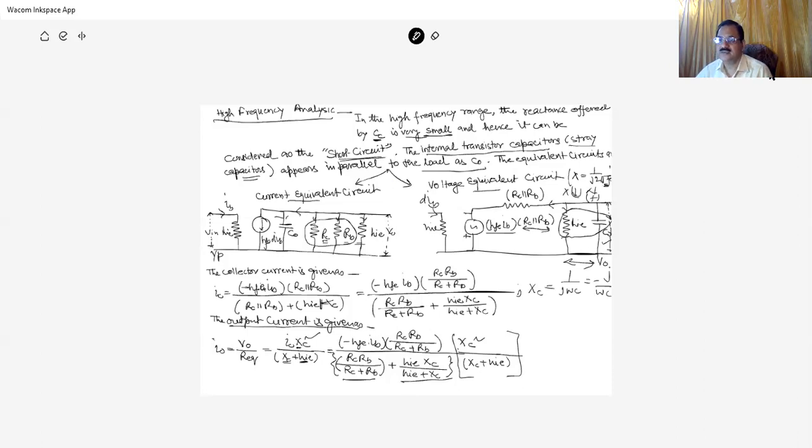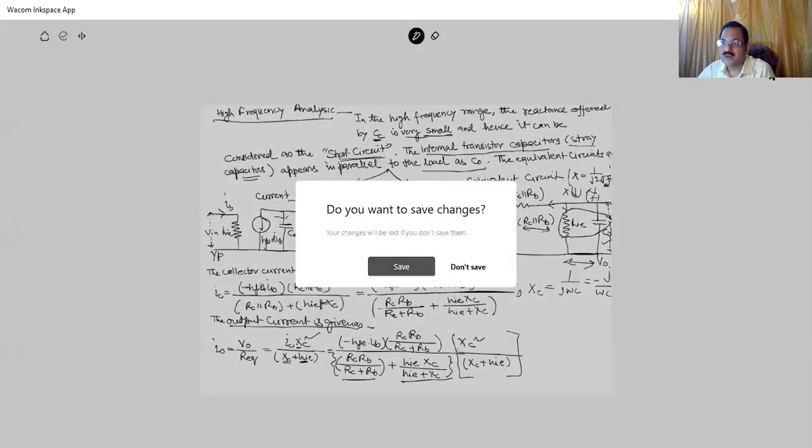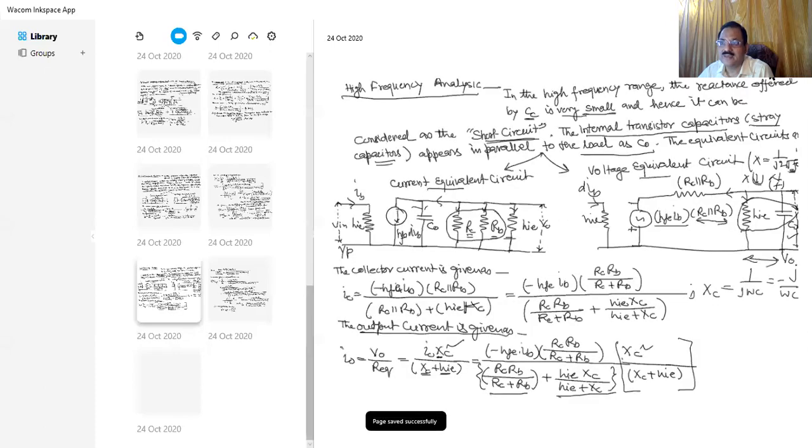This is HIE. So if you want to take the current gain expression, the output current is this much, and the current gain is this output divided by the input current IB. So next we see how this current gain behaves in case of the